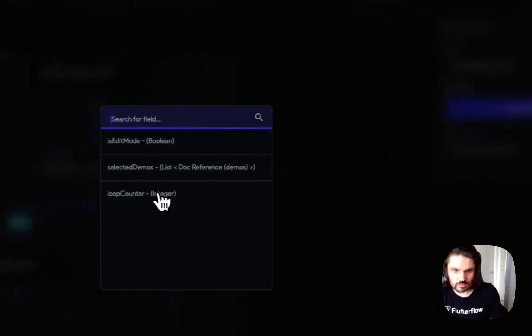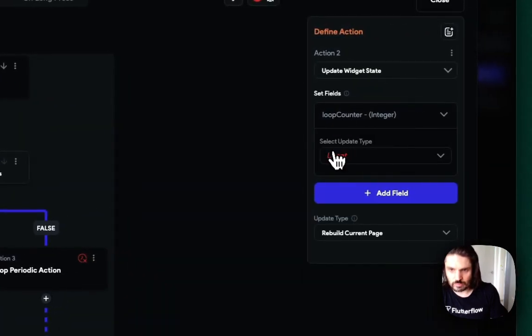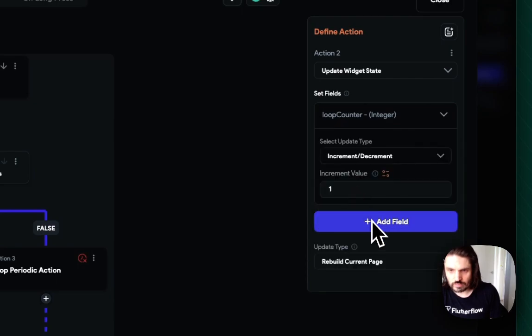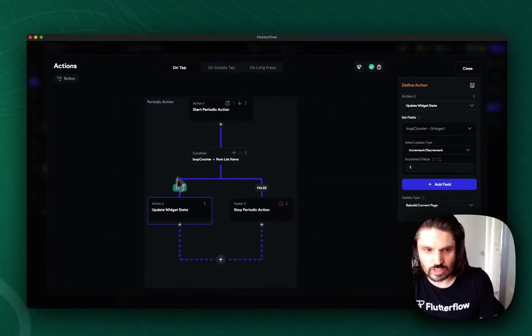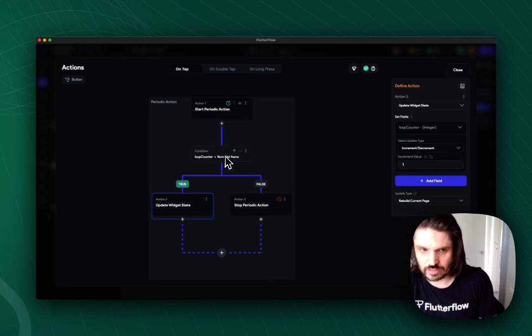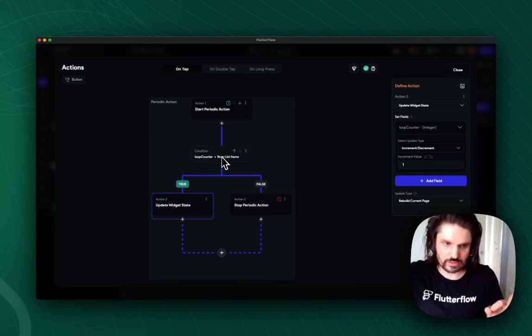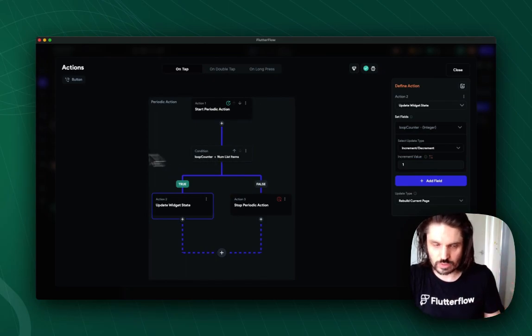And we're going to look at the loop counter, and we're going to increment by 1. So what this means is that every time this is running, it checks: is the loop counter less than the total? It's going to start at 0, and we've maybe got 5 items in the list. So 0 is less than 5. So what do we do? We go down this branch, we don't stop this periodic action, and we're going to add 1